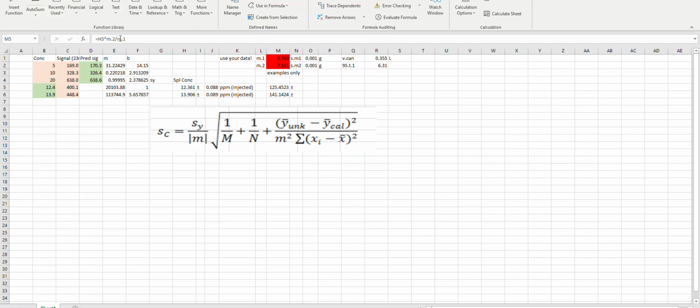We need to account for the uncertainty in all three of those. Since they're all multiplied and divided, we simply take their root sum square, their Pythagorean square, and multiply that by the value that we get. So we're going to take this value